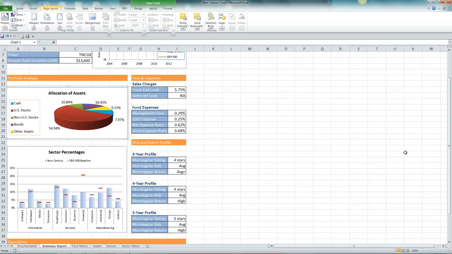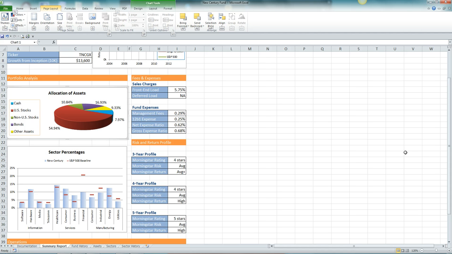Excel Chapter 4, pages 211 through 215. At the bottom of page 211, you need to read about adding spark lines and data bars. The average person does not know what a spark line is, so obviously you need to read this before you go do it. So read the bottom of page 211, all of page 212, and the top of page 213 before you attempt to do this, or you're not even going to understand what we're doing, why we're doing it,